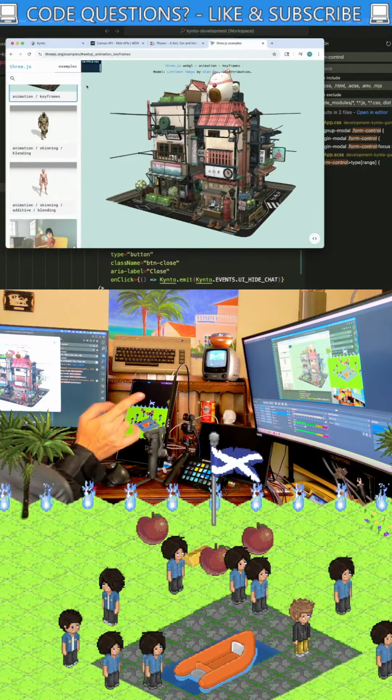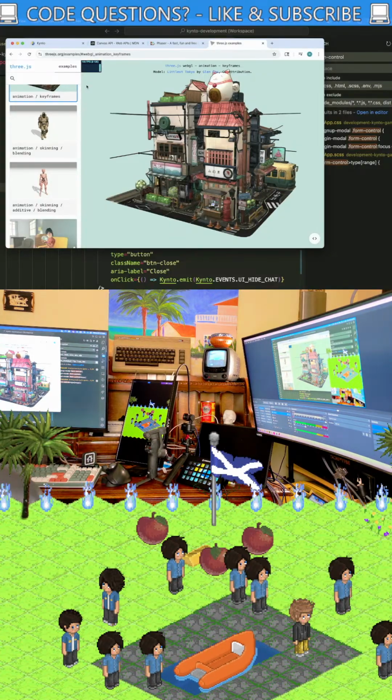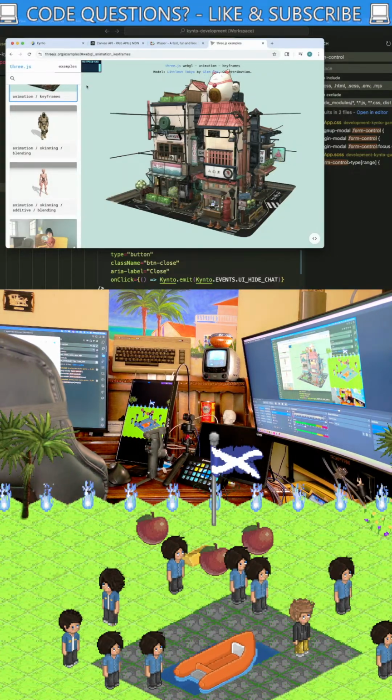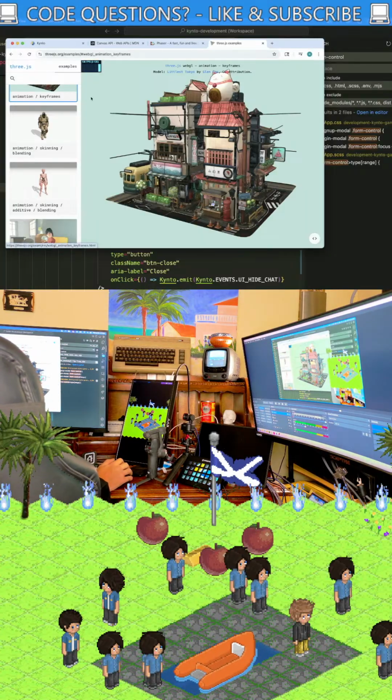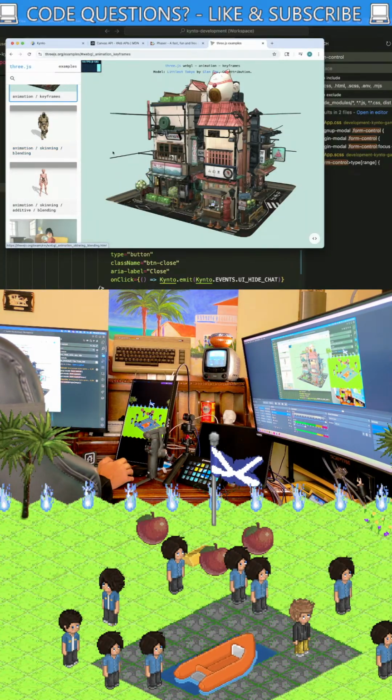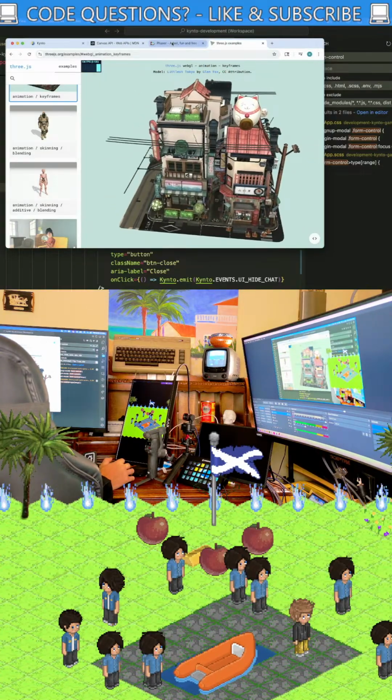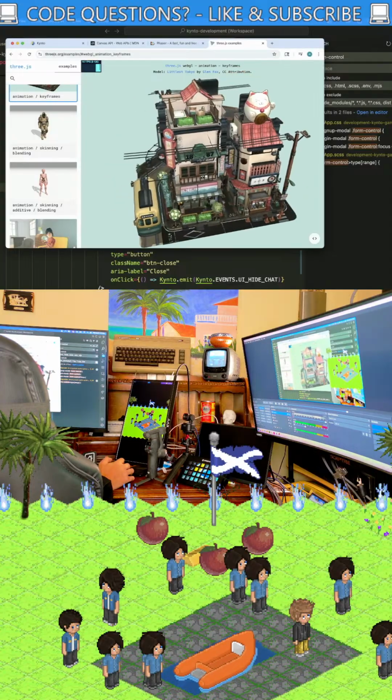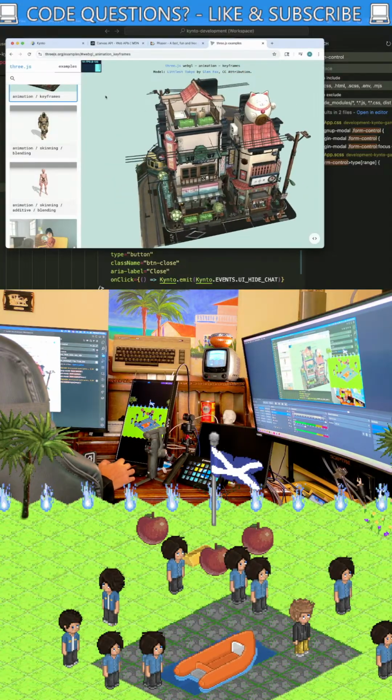The cool thing with how I built Kynto is it's kind of layers. You've got React, you've got Canvas, you've got WebGL, and then you've got the WebSockets and WebRTC behind it that power it all. And when it comes to game dev, those are the three places that I recommend you start at. And even with Three.js, if you inspect this element,